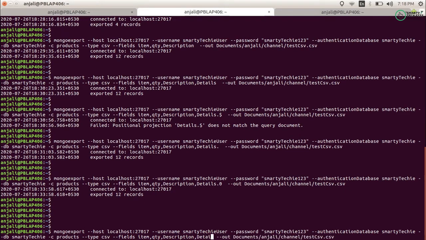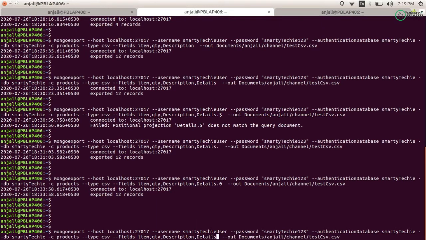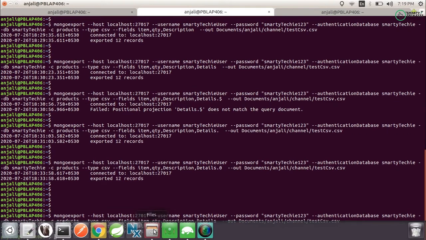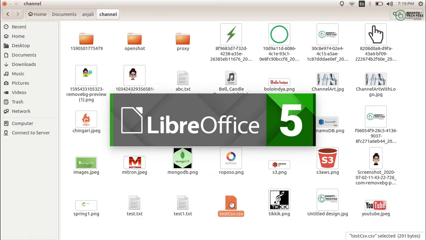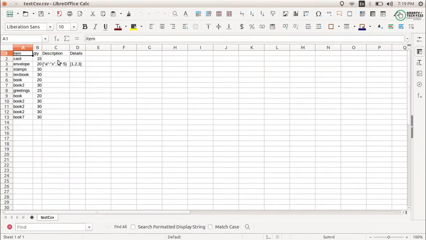Let's say we want these columns too. If you mention it here like this and export, it will show all the values in a single column. You can see here, I will show you. The description is containing all the values but in a single column, and details is also containing all the values in a single column. But if you want this data in different columns, like A in this column, B key in this column, and details containing different columns for different values in the list.